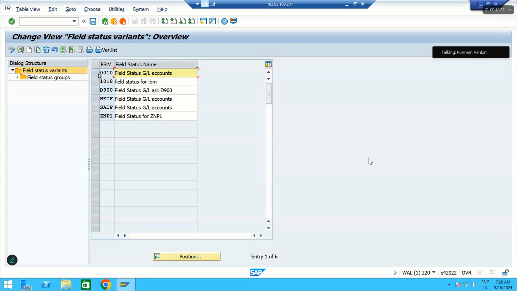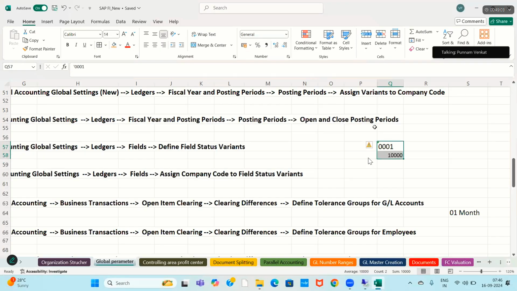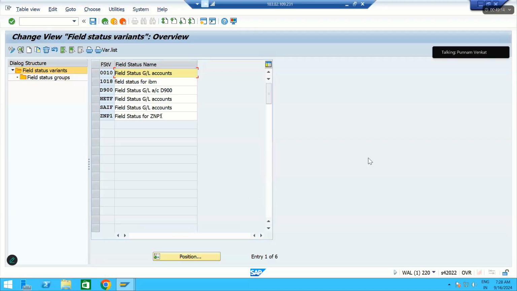Select here any existing variant. Generally in your system, you can select 0001 or 1000. Maybe in my system somebody deleted the standard one, so I am selecting any existing one. I am selecting